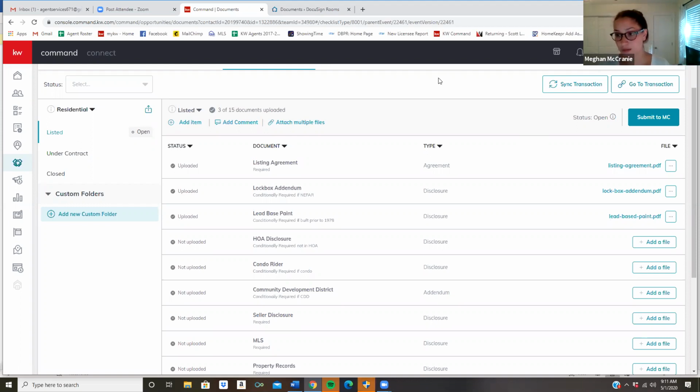They will not send you an email notification. So just keep that in mind that you have to be checking Kelly and you have to be checking Command when you have a transaction. I would just be checking it daily, right? Which technically, if you're doing lead gen every day, you should be in this system every day, okay?